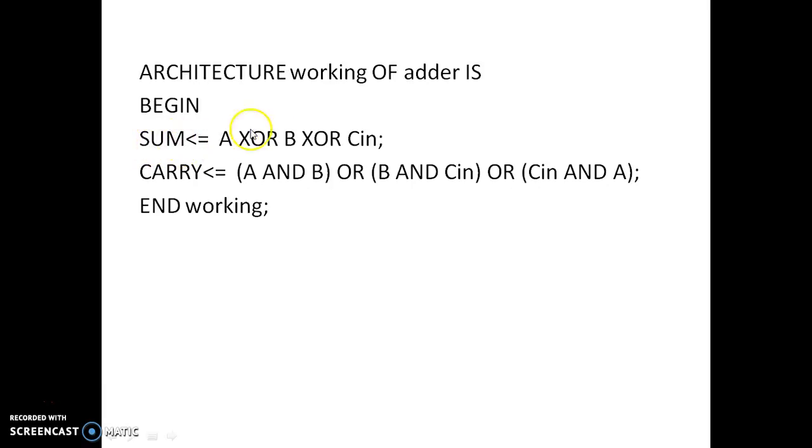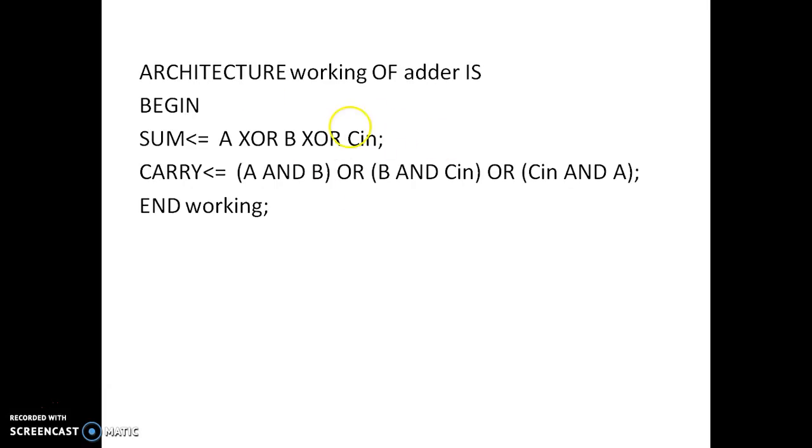From using K-map we have found these 2 equations for sum and carry. Sum and carry are our 2 signals, and this is the assignment operator for signals. It means whatever the value of this operation will be, it will be assigned to the sum port, and whatever the value of this operation will be, it will be assigned to the carry port. So you can see that data flow is a very simple type of modeling, and if you correlate this type of modeling with the structure or circuit diagram of the full adder, you can see that it is very simple to design.